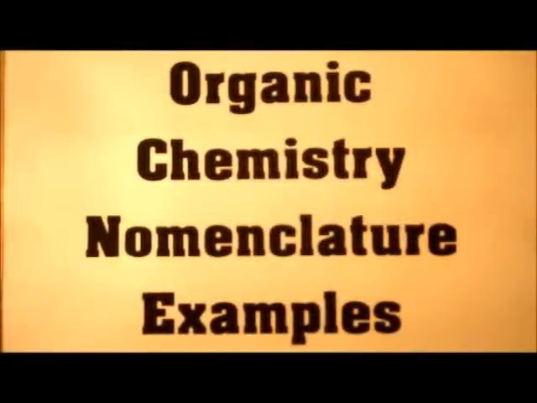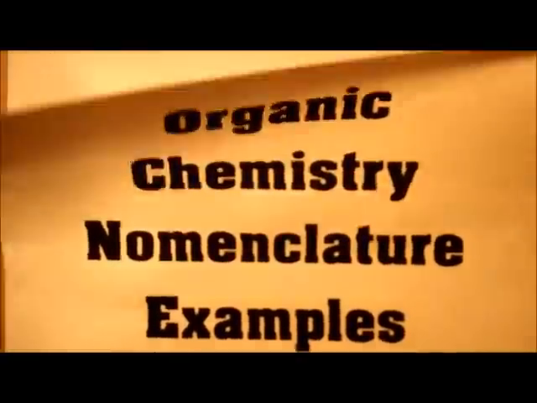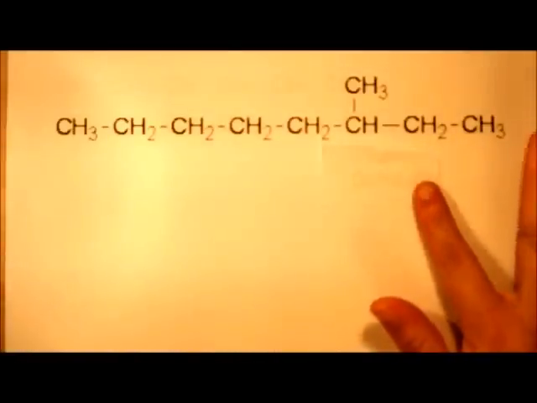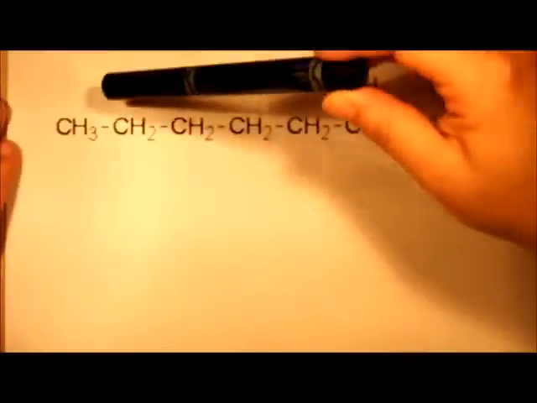Hi guys, today I will be going over organic chemistry nomenclature examples. Hopefully you guys have some previous knowledge about organic chemistry. You know that alkanes are compounds with single bonds, alkenes are compounds with double bonds, and alkynes are compounds with triple bonds. In this tutorial video, we will be going over all three types of compounds and how to name them. So our first example is of an alkane compound, and we know that it's an alkane compound because there